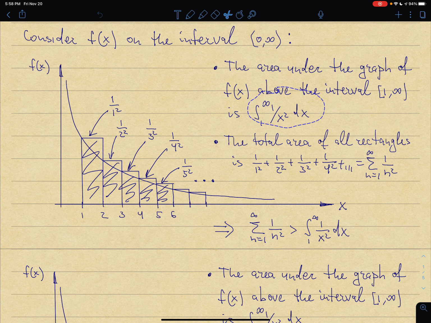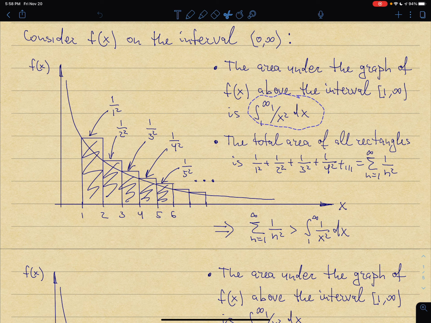Remember that the improper integral means that because the upper limit is infinity, you have to take an integral up to t and then let t go to infinity. So anyhow, the exact area under the graph of f of x is given by this integral. And now if we recall